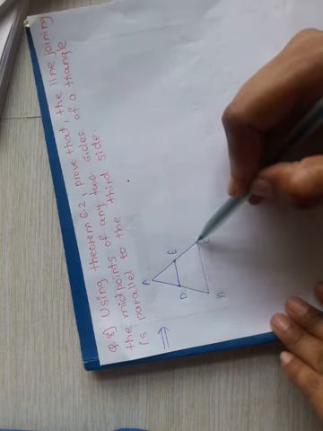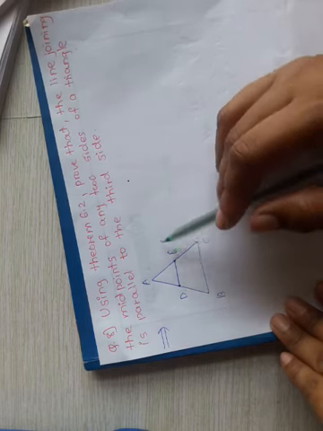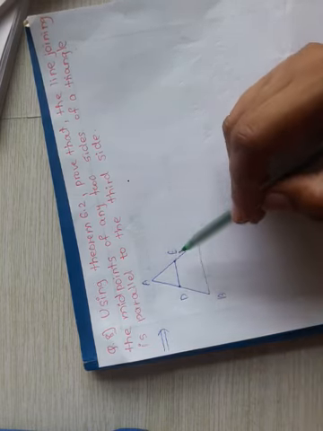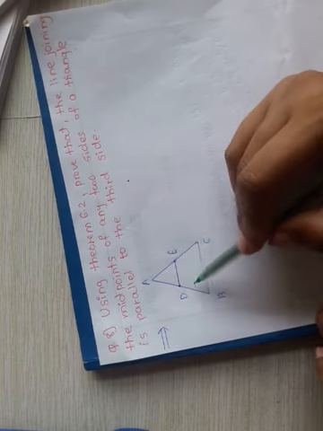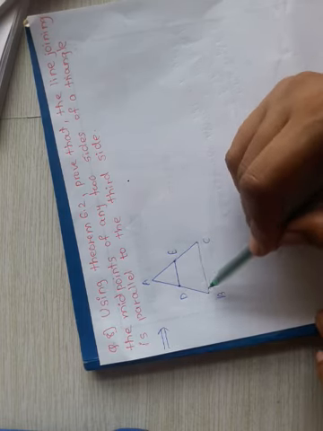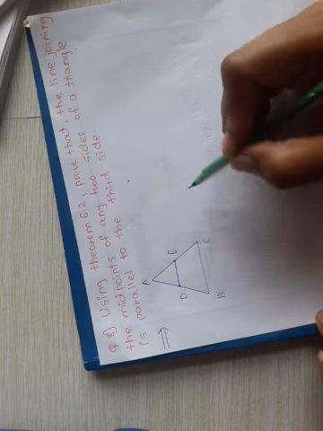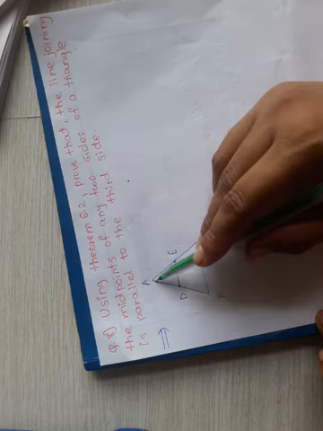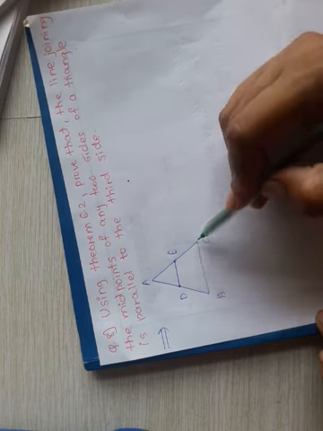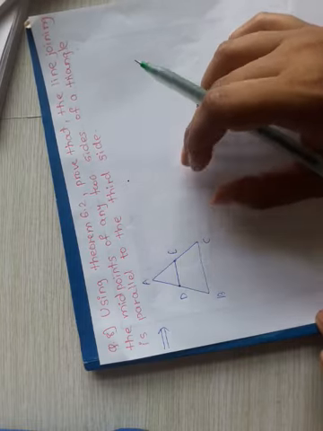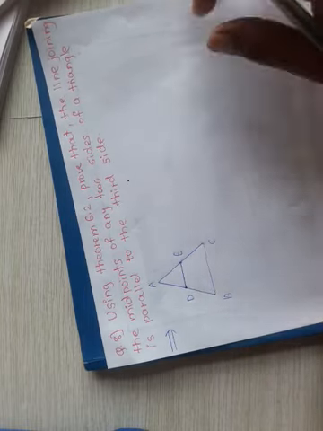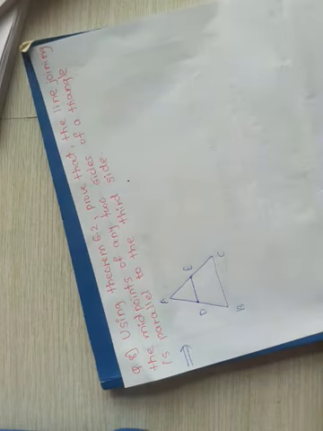So by using all these conditions, find out the ratios. Once we get the ratios of these two sides equal, then we can say that DE is parallel to BC, meaning AD upon DB is equal to AE upon EC. Once we get this ratio, we can say that DE is parallel to BC. So write down all the given things and what we have to prove, and then start the proof.